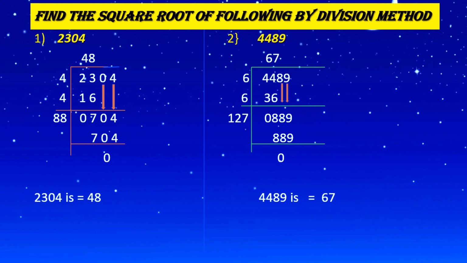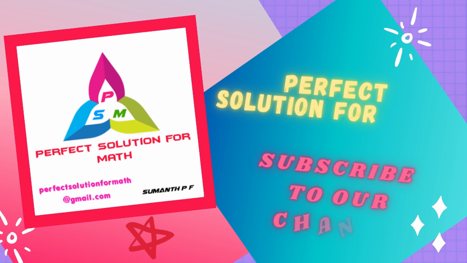So in this video we have discussed the square and its properties and examples, and second, the square root and its examples and word problems, and how to find the square root by a method. The first method is the prime factorization method, and the second is the division method. So thank you.